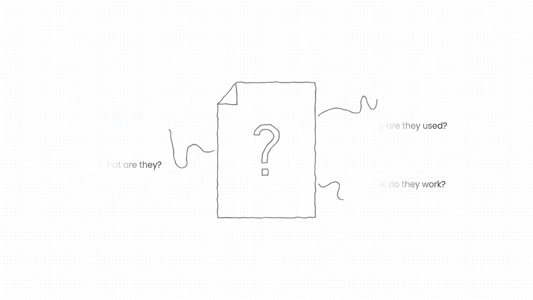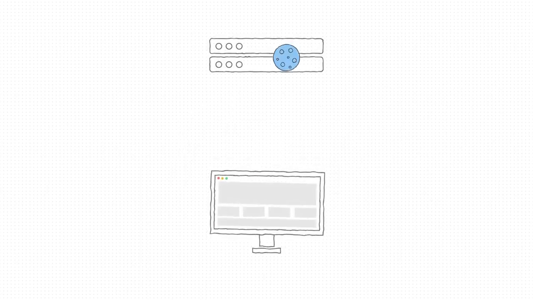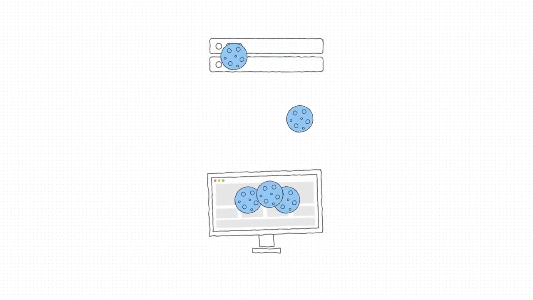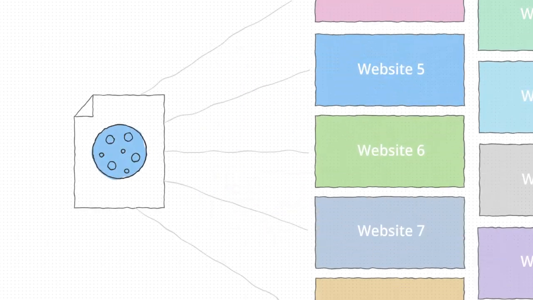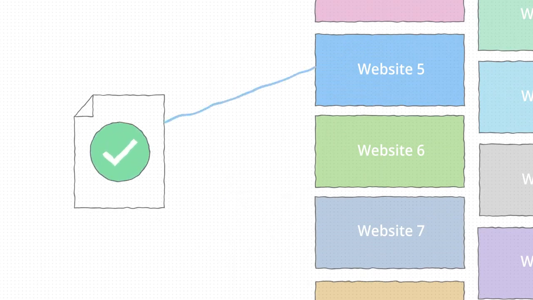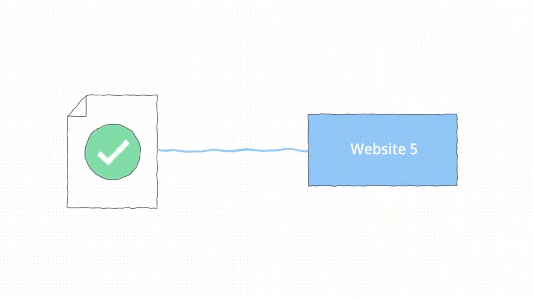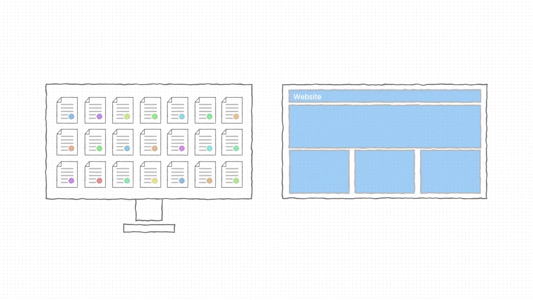Let's find out. A cookie is a very small text file that gets stored on your computer by websites. When you visit a site, it will send a cookie from its server to the device you are using. It's a sort of digital fingerprint that helps identify you as a unique user, so you can be recognized when visiting the same website again. Web browsers store each cookie in its own file, and this lets the websites access the information inside of them.